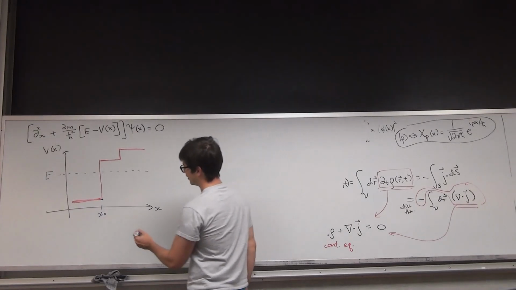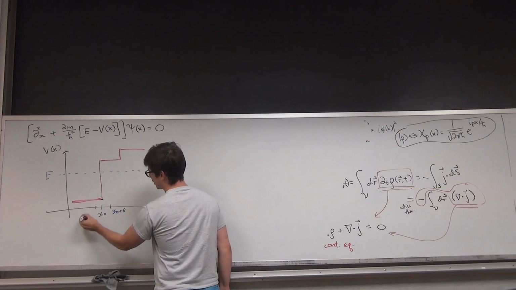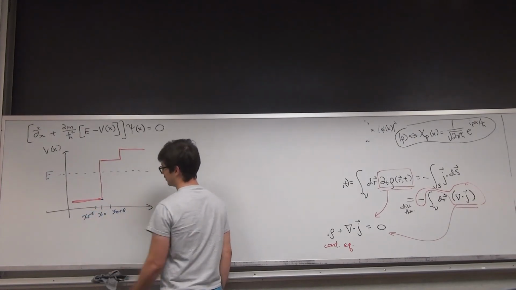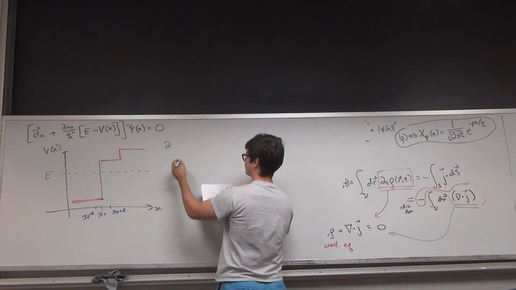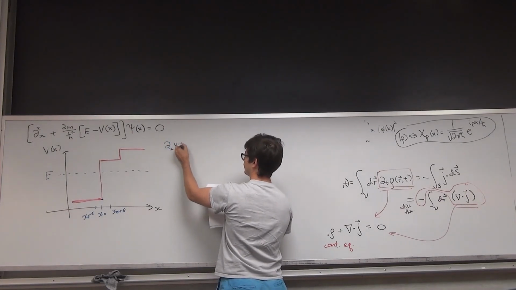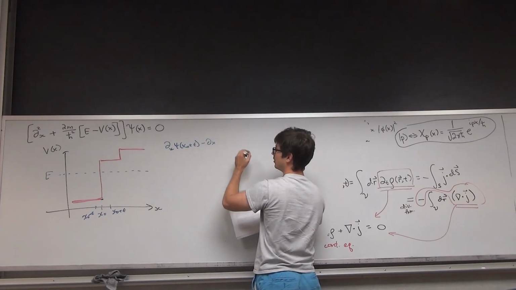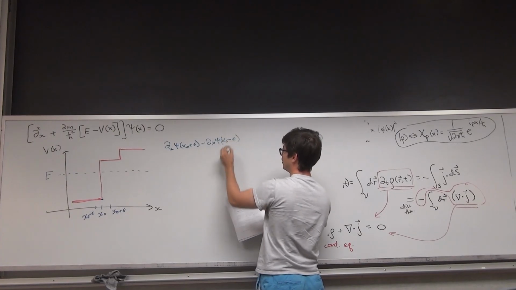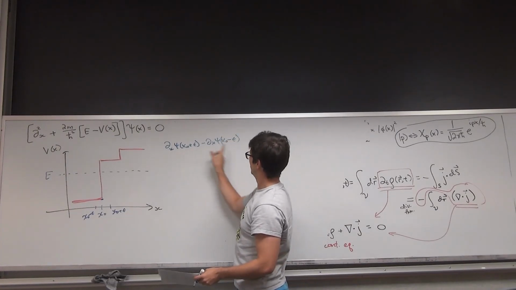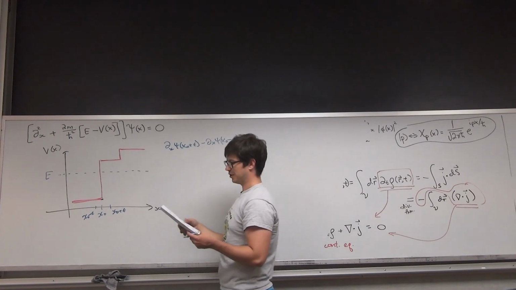So we want to look at the derivative of the wave function before and after the jump. So if we do that, then the difference here,